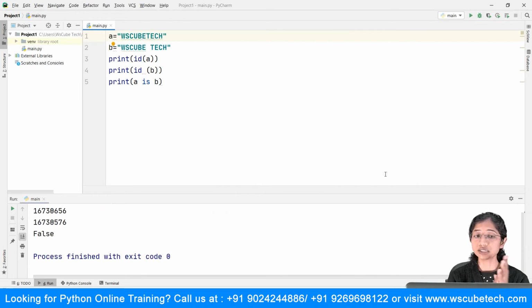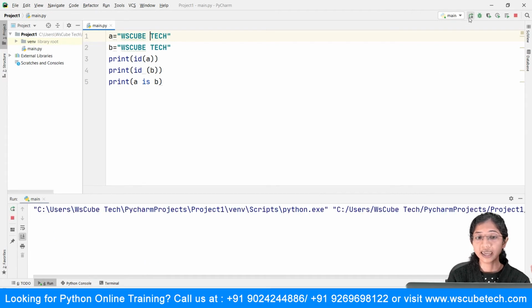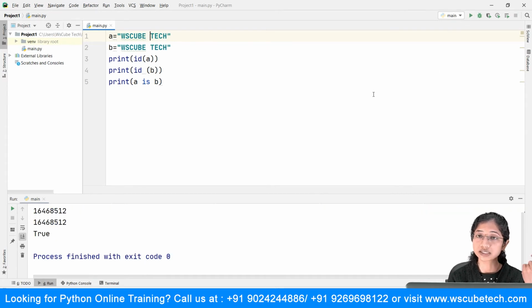So this is how we make use of it. Now it is a string, and as the strings are the same, a is b returns me true because they are stored at the same memory address. Now, I can even go with the sequences. So, suppose I declare a tuple. In order to declare a tuple, we make use of these rounded brackets. So, say I have some values over here.